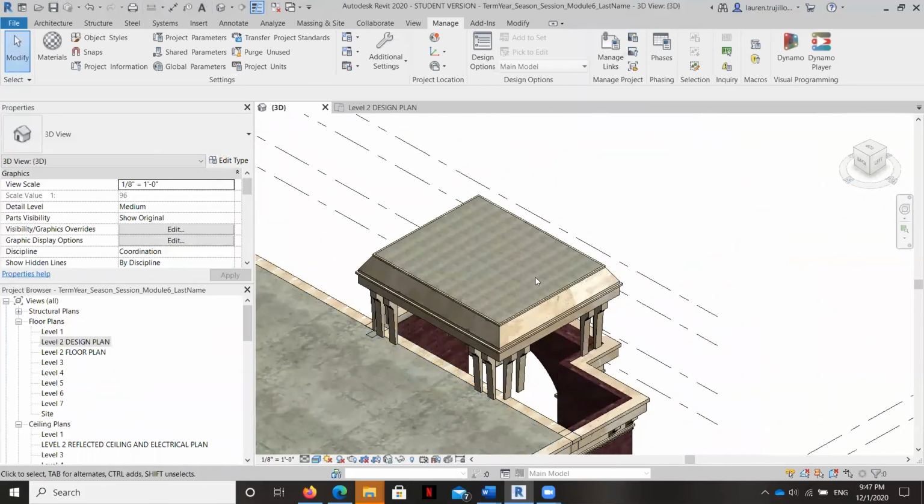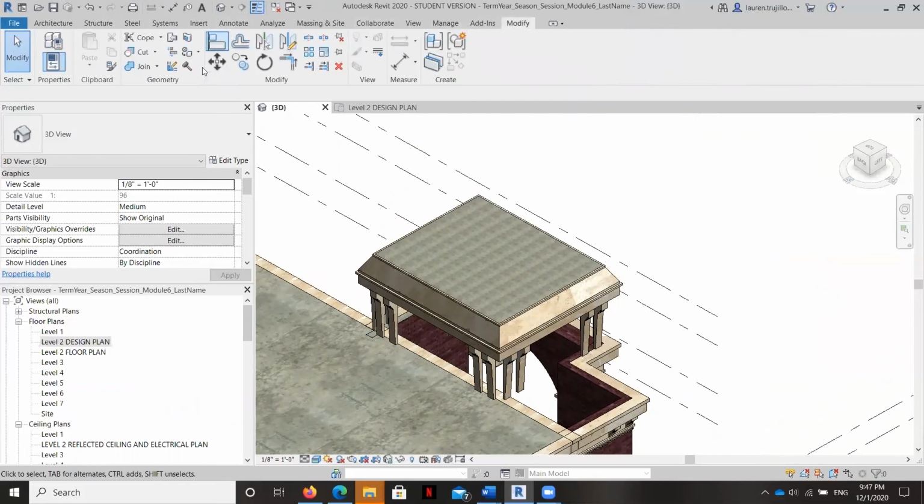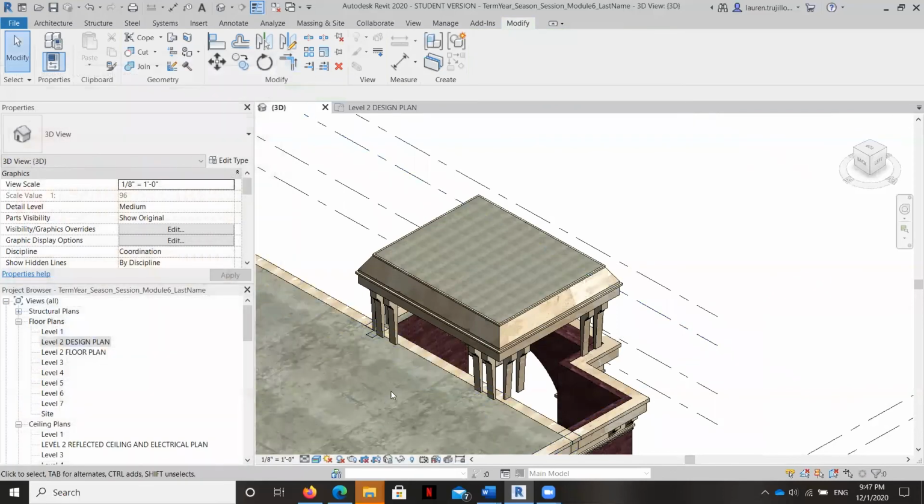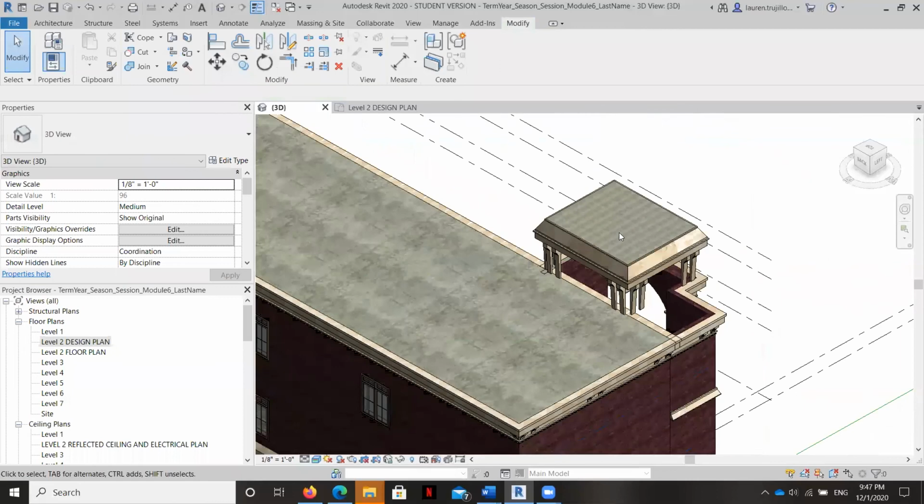I bet it's not going to let me paint this because it's a linked file, but let's just see if Revit will let me do it. So I'll go ahead and change that to the same scale so that they match.